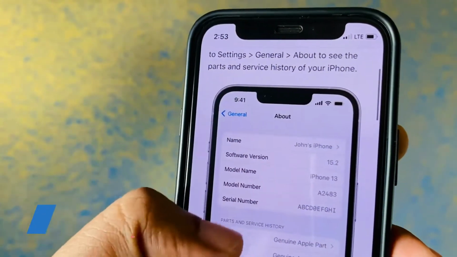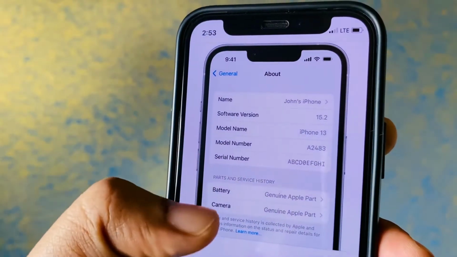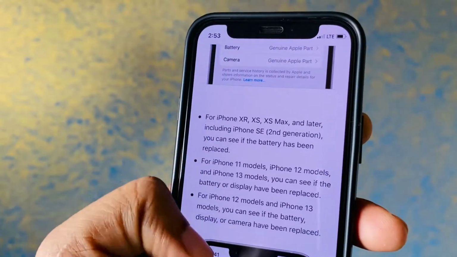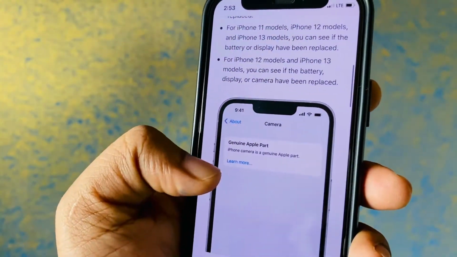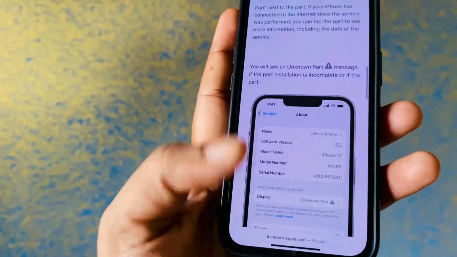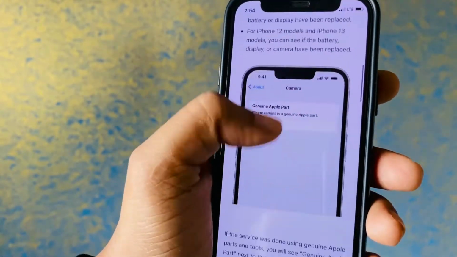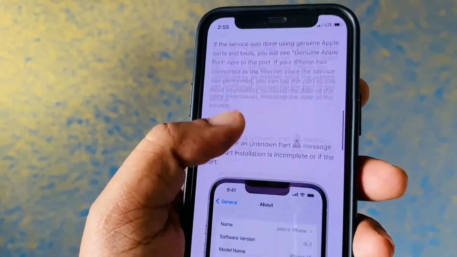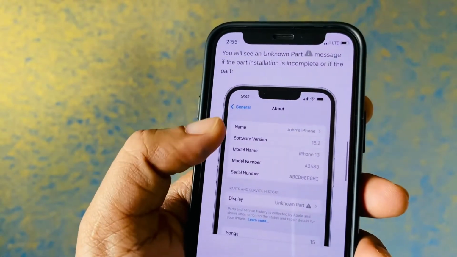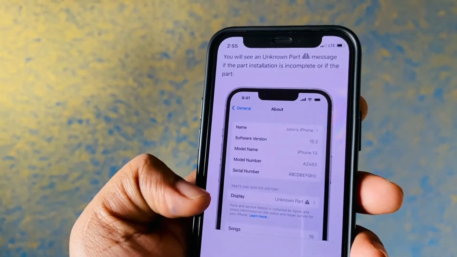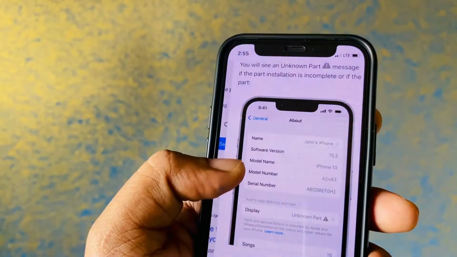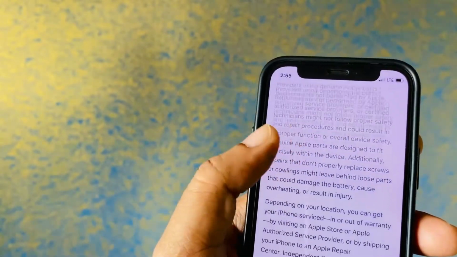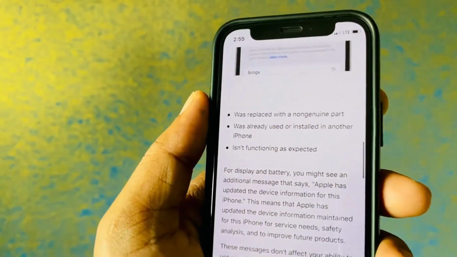And this is one of the interesting features. One of the reasons we should update to iOS 15.2 is that if any iPhone parts have been replaced or changed, you can definitely come to know whether it's a genuine Apple part or not. This is especially useful for people who are looking to buy a second-hand iPhone and want to check whether it was previously repaired, and whether it was repaired with a genuine part or not. So this kind of feature is definitely important, guys. If you are buying a second-hand iPhone, please update that iPhone to 15.2, and you will be able to know whether the proper part is installed or not.